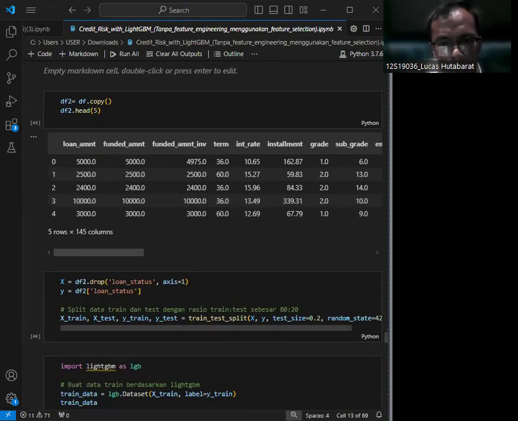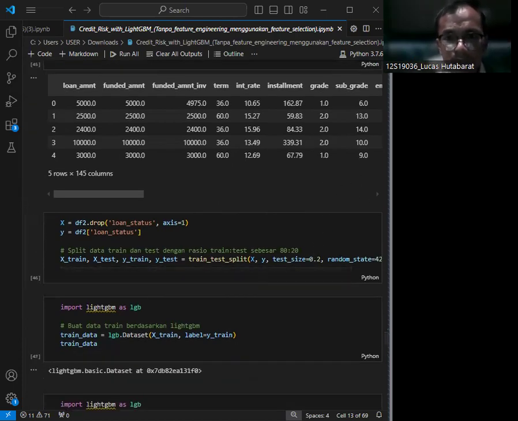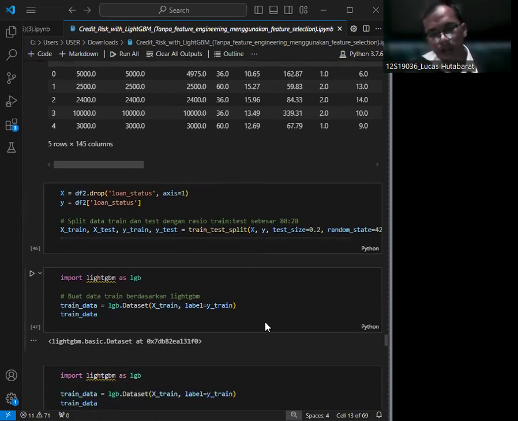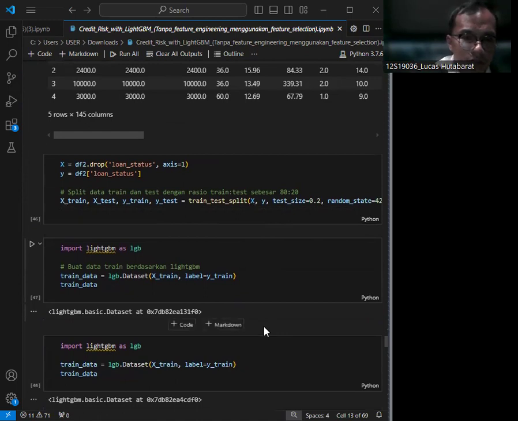Next, we split the data into train and test sets. We split the dataset into training and testing sets to train the model on one subset and validate its performance on another.